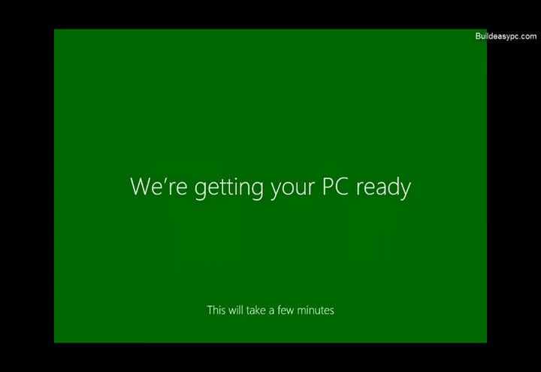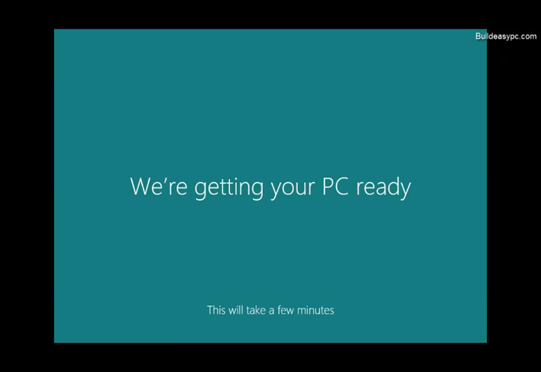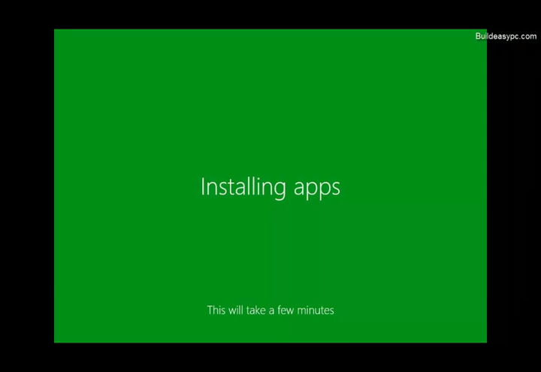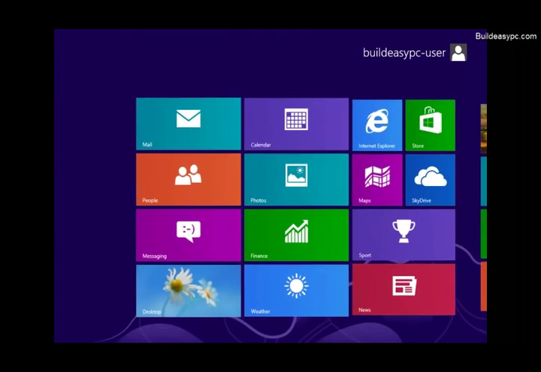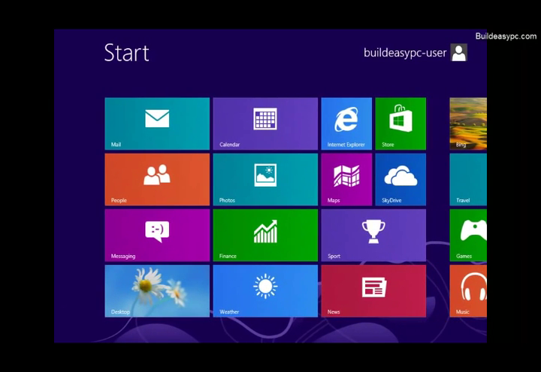Finally, you get this message: we're getting your PC ready. This will take a few minutes. Installing apps, and then eventually you'll come to this unfamiliar looking screen. This is